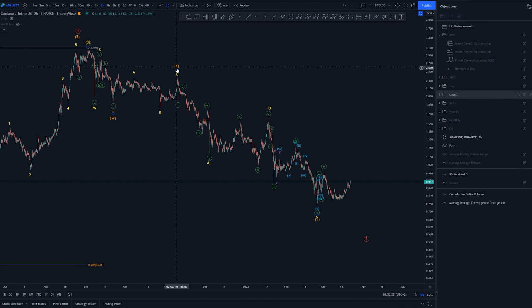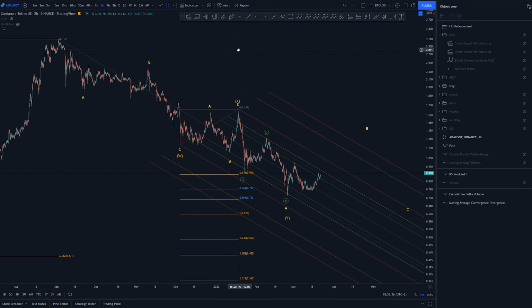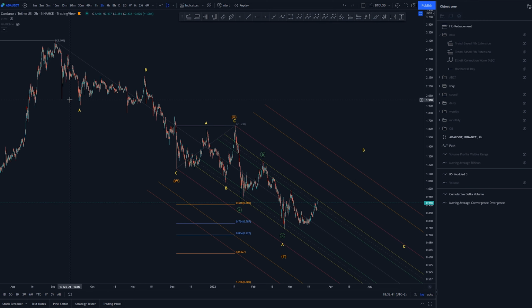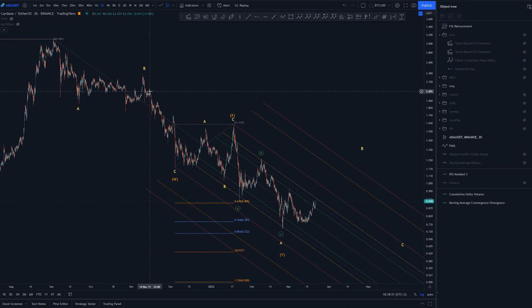I had WXY here, and now it's somewhere completely different. So let's check out the WXY that I have put down here now. Basic same structure, underlying structure, 3-wave moves as we saw previously. I have now ABC here, possibly 1, 2, let's see, 1, 2, maybe 3, 4, 5. These are overlapping,